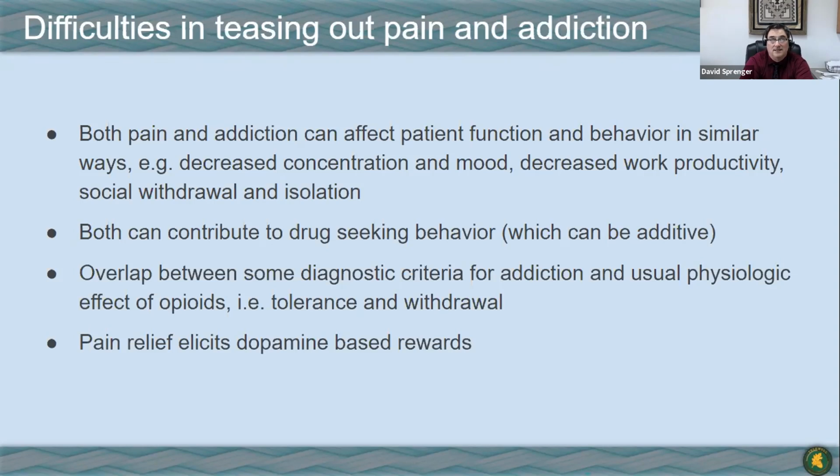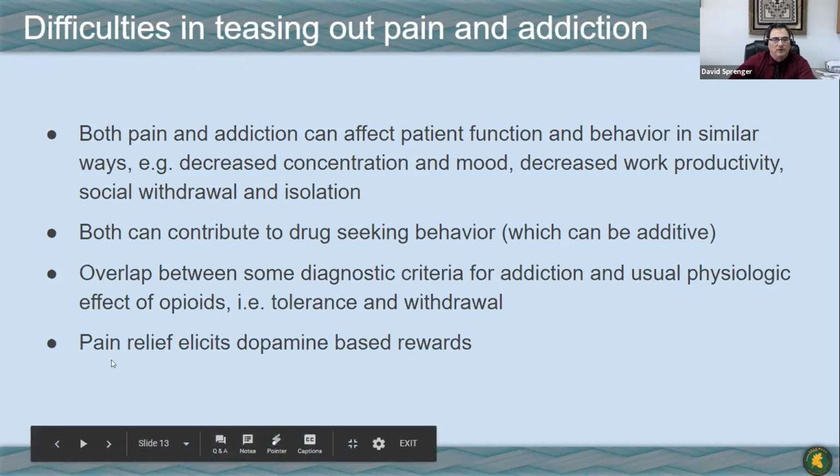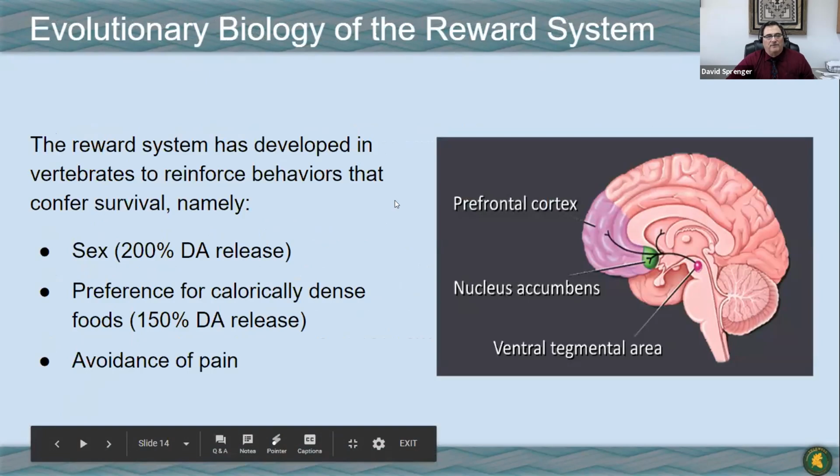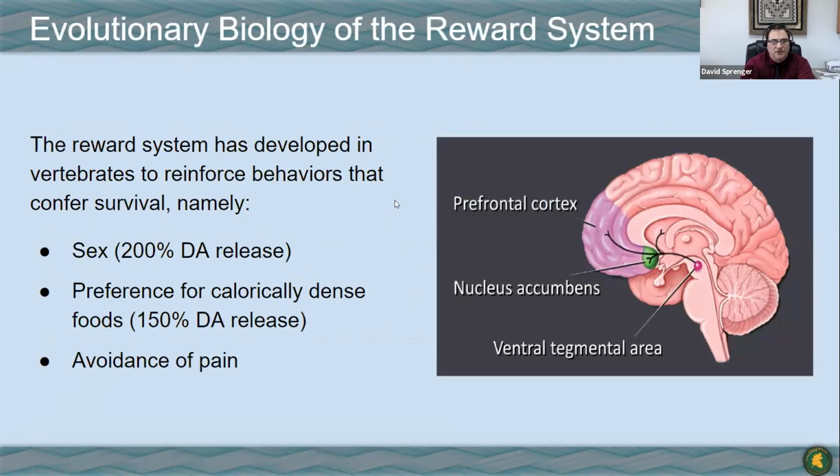So not only does an opioid decrease pain through peripheral and central mechanisms, but it also reinforces itself, because the relief of pain is one of the basic ways we've developed. And if you go to the evolutionary biology of the reward system, I've heard patients ask,